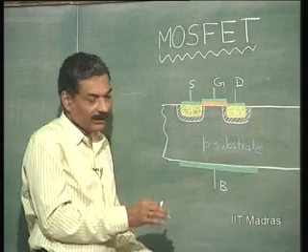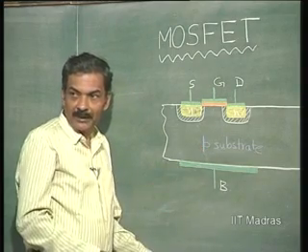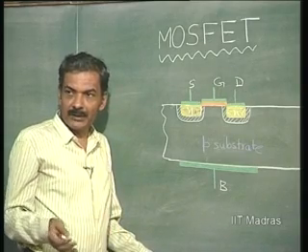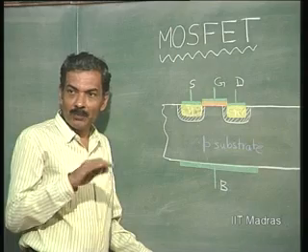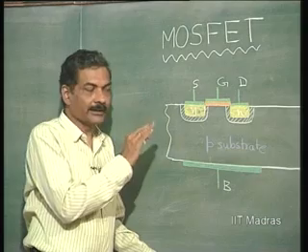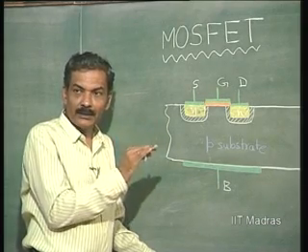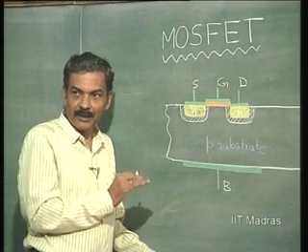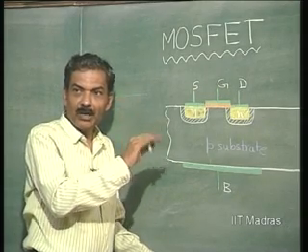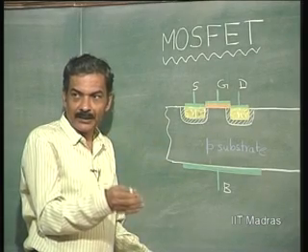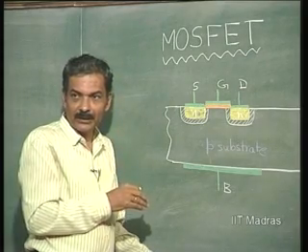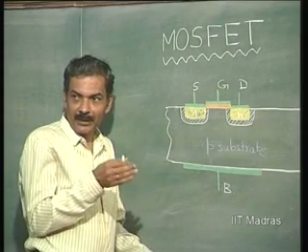So, in the case of a MOSFET also, if it is a p substrate, it should be connected to the most negative potential. If it is an n substrate you are starting with, it has to be connected to the most positive potential in the circuit in an IC. So, this is the basis of any design. Please remember that, because in all these ICs we have a substrate, and depending upon the type of substrate we connect it either to the most positive potential or the most negative potential. If it is an n-type substrate, it is connected to the most positive potential. If it is a p-type substrate, it is connected to the most negative potential.